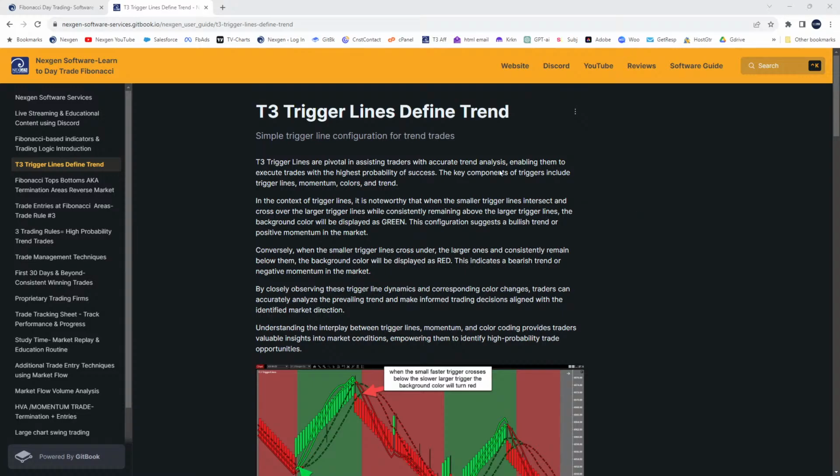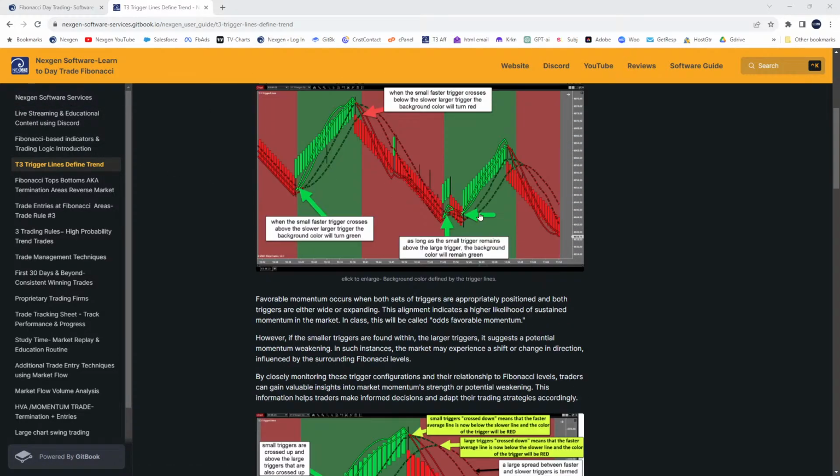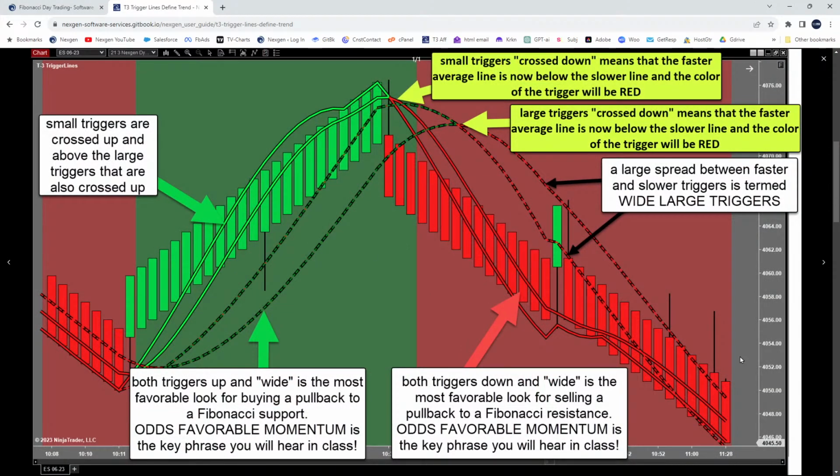Good. Okay. Look, the trigger lines are one of the easier things for new users to really get. Very visual. Obviously, it's going to tell us direction of the market. It's going to tell us how much momentum there is in the market. And when we're doing trend trades, this is the look that we want. We want to see wide triggers, wide small triggers up, wide large triggers up. And we spent a lot of time yesterday talking about trend trades and obviously trading with the direction of the